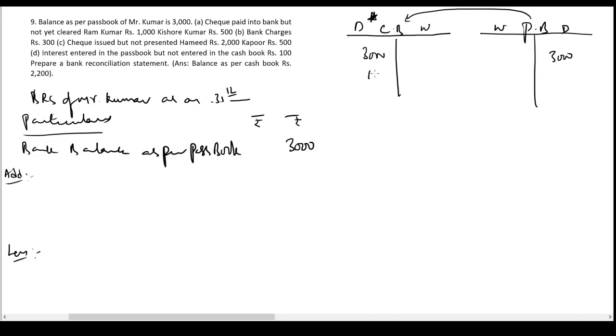These checks were received, so as soon as we receive the checks we record a deposit in the cash book. On the deposit side, cash book here is nothing but the bank account. We pass an entry bank account debit to customers. So bank account has already been debited. Checks have been deposited in the bank but the checks have not been cleared. That means money has not come from the bank account of Ram Kumar and Kishore Kumar into our bank account. Okay, so now what will happen? The balance in cash book will increase. The passbook balance is lower. So what should we do to the passbook to make it equal to the cash book? I have to increase it by 1500 rupees.